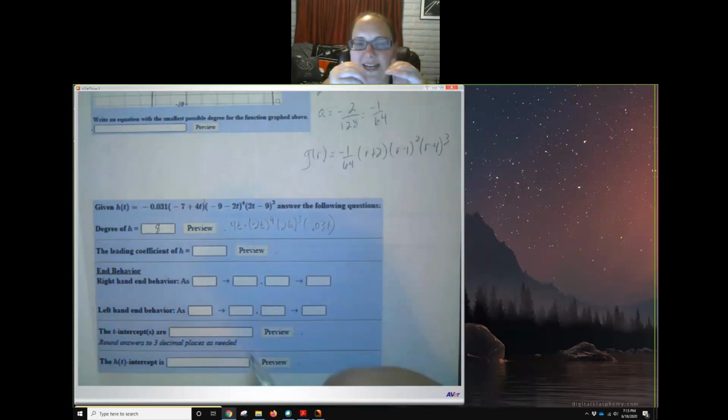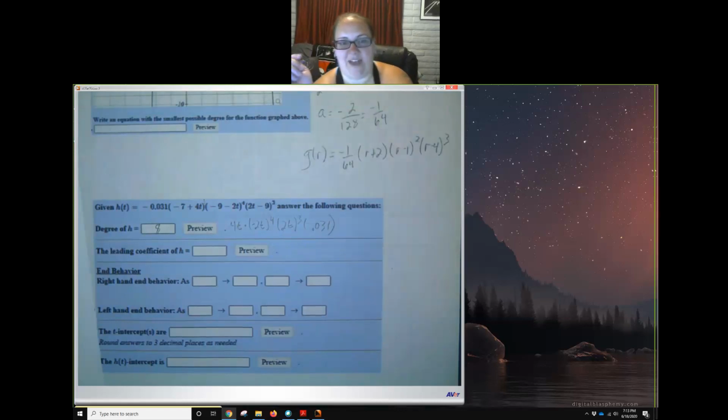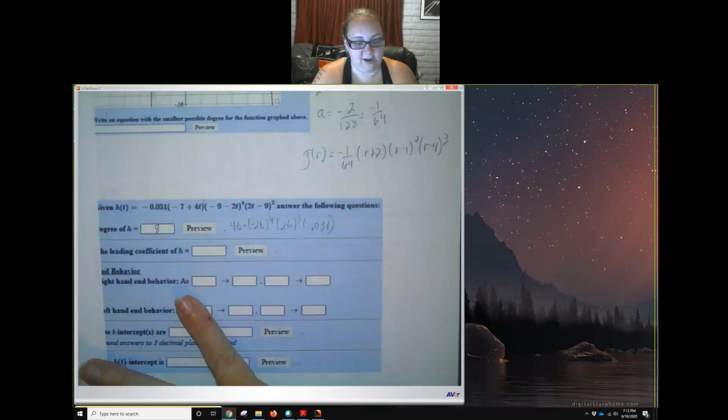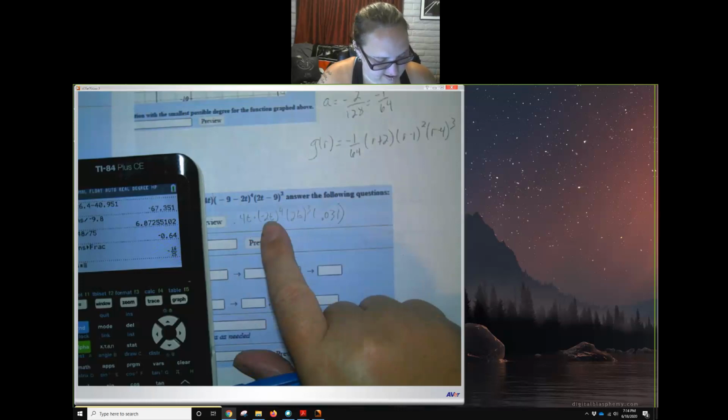So if I were trying to get my leading term, just the number in front, those are the pieces I would need. And obviously, if I multiplied this whole thing together, it would be a really long polynomial. I'm not concerned with all of the terms. I'm only concerned with the leading term. So to find the leading term, I just take each term with the variable in each factor and the exponent on that factor. So here, I'm going to do 4 times negative 2 to the fourth